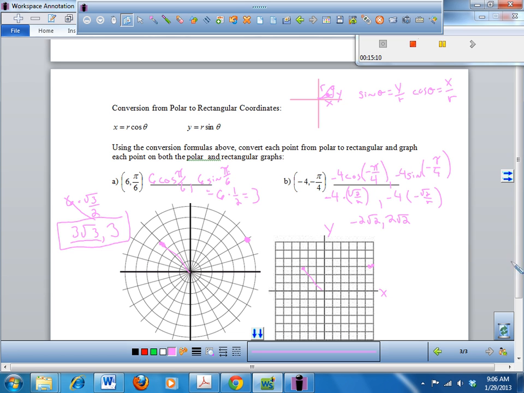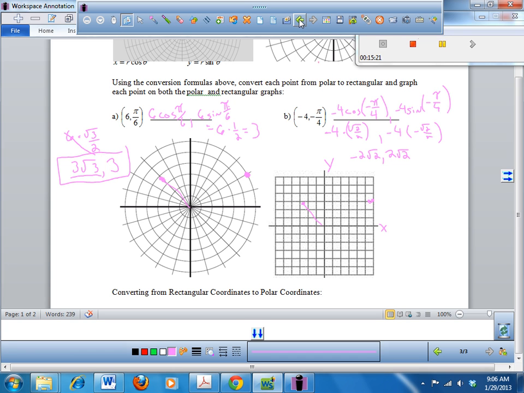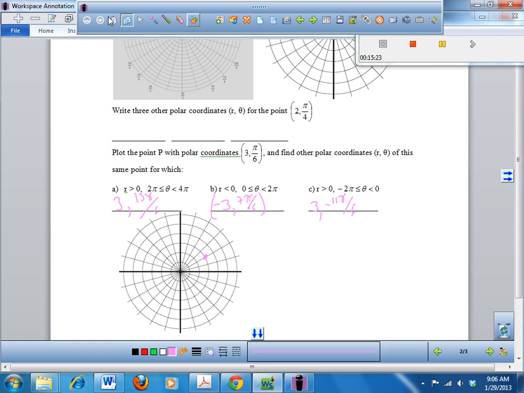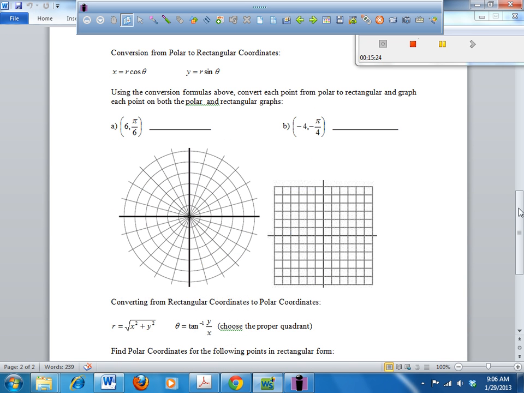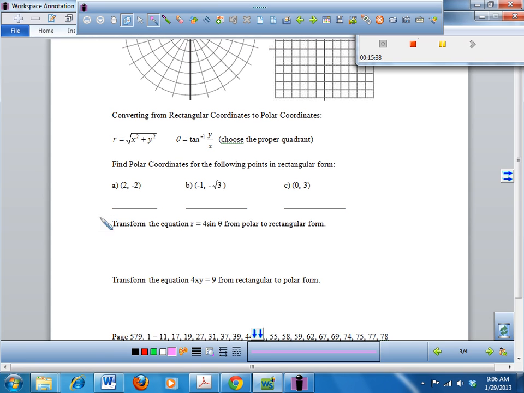And the only thing you have to be aware of is the quadrant you're in when you find the angle, okay? So for instance, find the polar coordinates for the following points. So to find r,